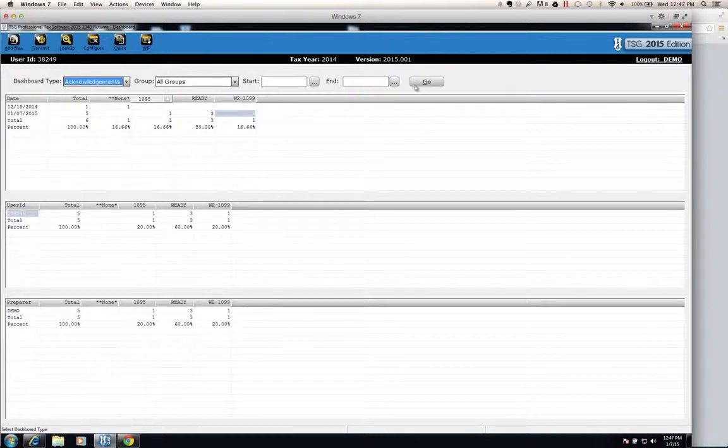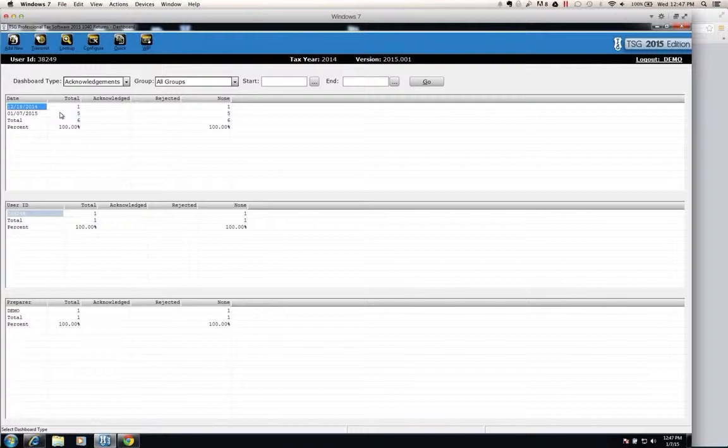And then of course you have your acknowledgments. And it's going to show you how many acknowledgments you have. Right now, of course, we have none because the IRS has not opened yet. Supposedly they're going to be opening on January 20th. So hopefully, knock on wood, they will actually open on the 20th. And then we'll start seeing some acknowledgments come by. And again,